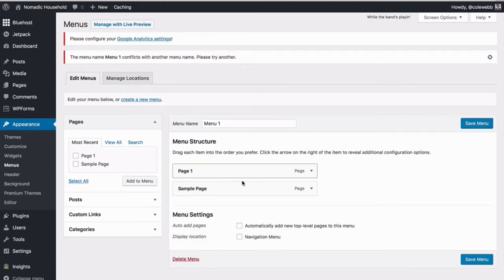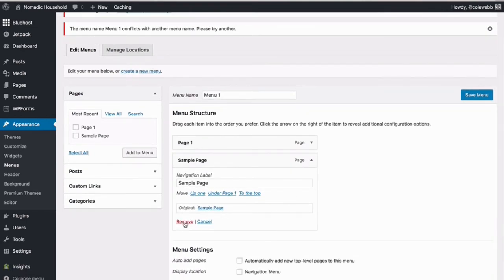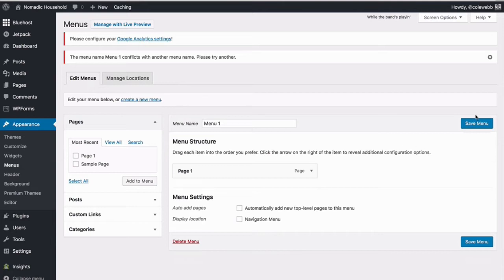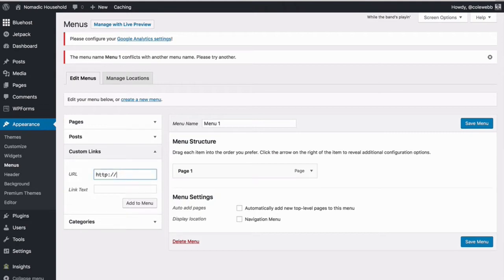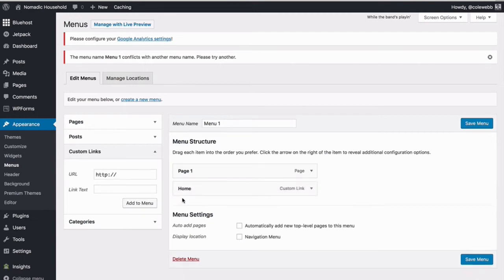So we have Page 1 and Sample Page showing up on our website. If we wanted to remove the sample page from showing up, we can simply go to Remove here and click Save. Now, if you wanted to add a home page, because your home page isn't an actual page, what you'll do is you'll go to Custom Link, you'll add your URL, choose the text that you want the menu to display. I'll add home, click Add to Menu,